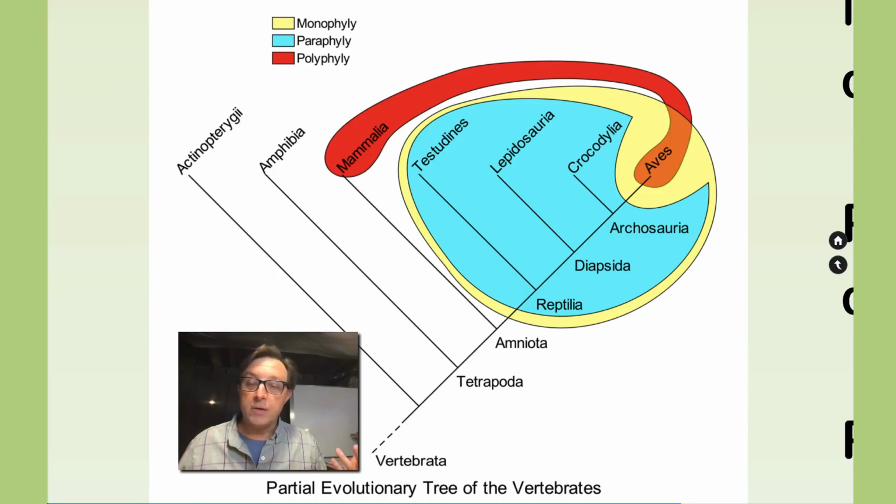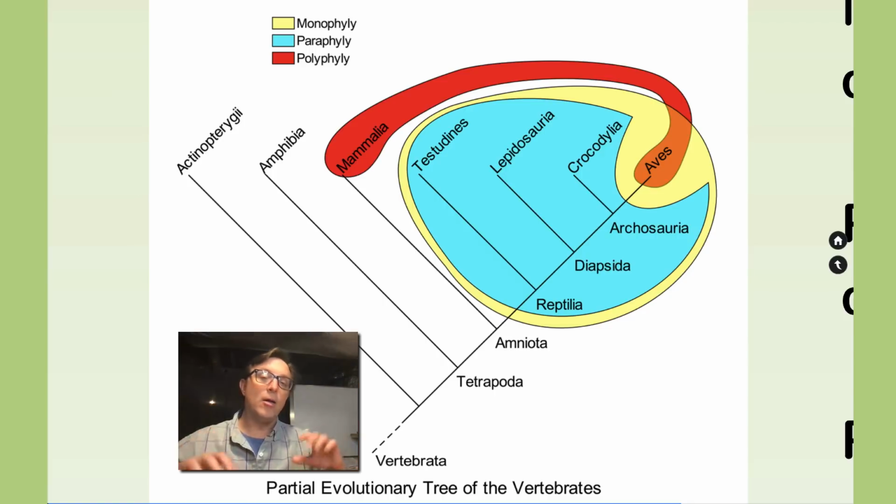Warm-blooded, four-chambered heart. But evolutionarily, they are not that closely related. So I don't think it's terribly important that you understand the exact definition of the two incorrect groupings there, the paraphyletic group and the polyphyletic group. It's more important that you understand the definition of the correct grouping. Monophyletic means that it has the common ancestor and everything that evolved from it,